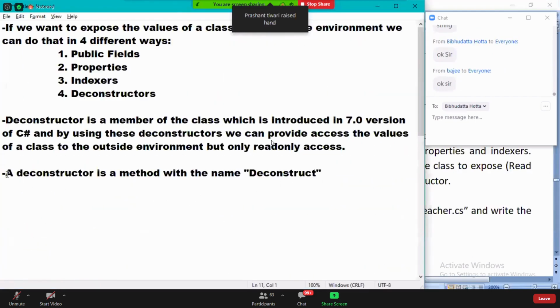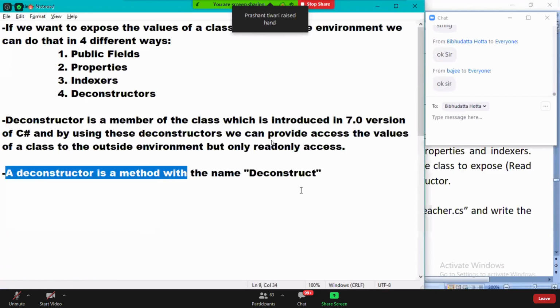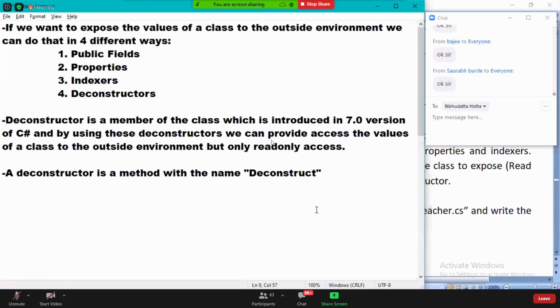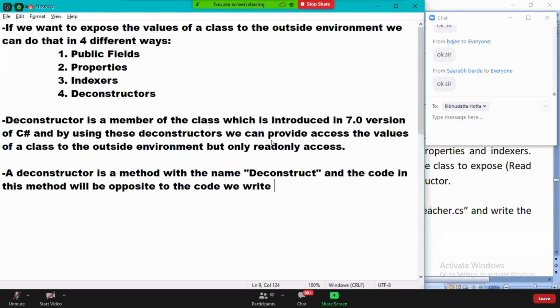Okay. Now coming back, a deconstructor is a method here with the name deconstruct. And the code in this method will be opposite to the code we write in a constructor. That is, through a constructor, we bring values into the class.